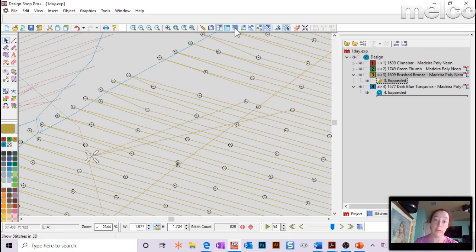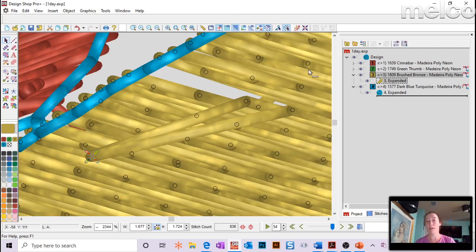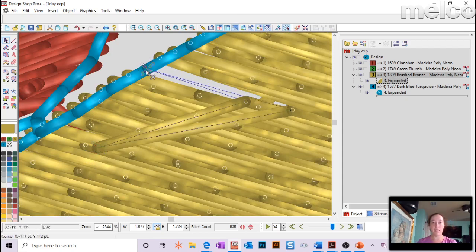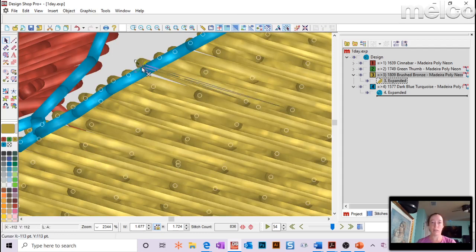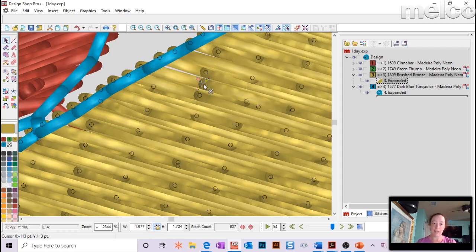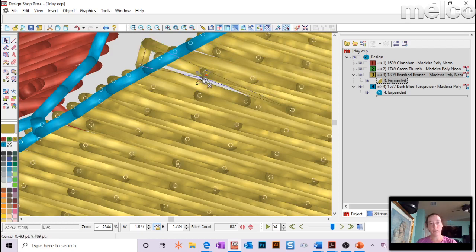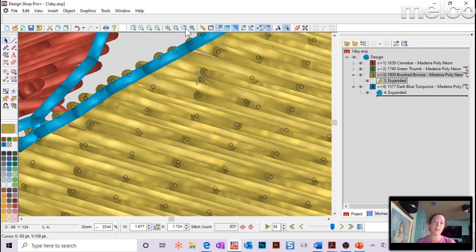Now, should I do that? Probably not. That's probably not what I want to do. But you do have that capability where you can take any of these stitches and move them around, delete them, add. So if I add a stitch, I just clicked and now I added a stitch. So you can tell it's not expanded stitch editing, while you can do it, is not the most efficient editing